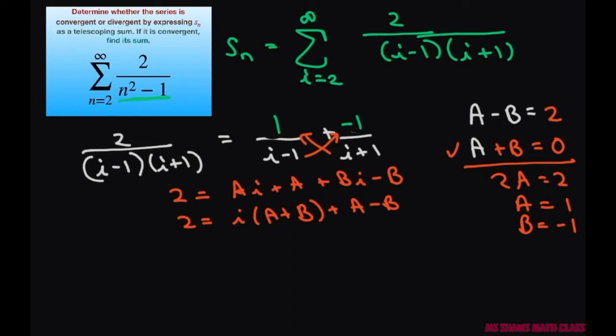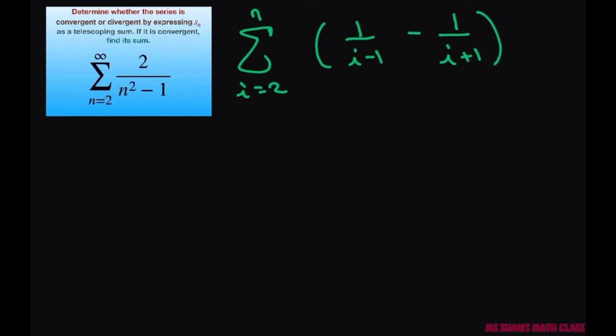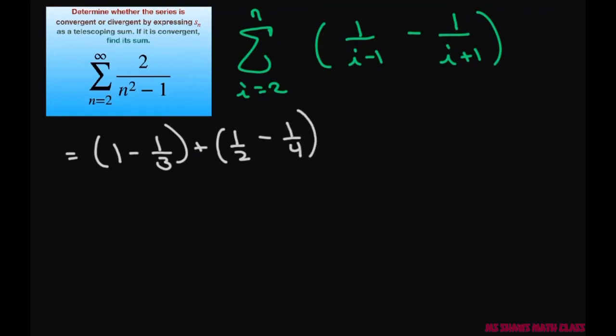So now let's go ahead and do our sum. We're going to get the sum from i equals 2 to n of 1 divided by i minus 1 minus 1 divided by i plus 1. Okay, now let's expand this. This gives us 1 minus 1 divided by 3 plus 1 half minus 1 divided by 4 plus 1 third minus 1 fifth plus